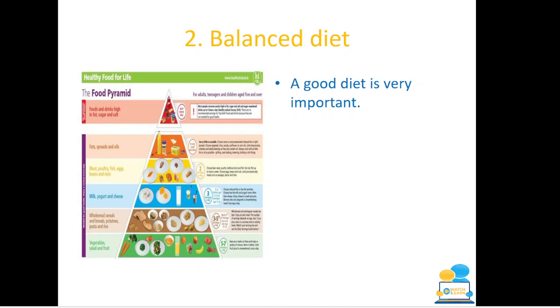So when you talk about balanced diet, you're talking about having the 4 main food groups. So you're talking about veg, salads and fruit. You're talking about wholemeal cereals and breads, potatoes, pasta and rice, how many servings you'd have, the milk, yogurt and cheese section, and the meat, poultry, fish, eggs, beans and nuts. You'll be talking about fat spreads and oils and foods which are high in fat, sugar and salt. You'll be talking about not consuming them as regularly, because they are bad for your health.